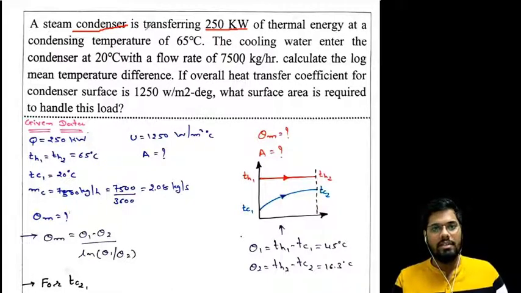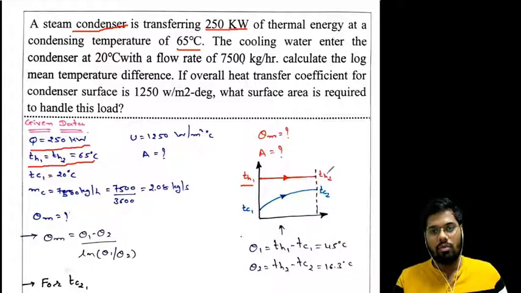So a steam condenser is transferring 250 kilowatt. So this 250 kilowatt is our Q. So Q is equal to 250 kilowatt of thermal energy at a condensing temperature of 65 degrees Celsius. So this is our condensing temperature, which is our TH1 as well as our TH2. So in this diagram, the inlet temperature and outlet temperature of hot fluid, TH1 and TH2, will remain same. The cooling water enters the condenser at 20 degrees Celsius, so it is our TC1,